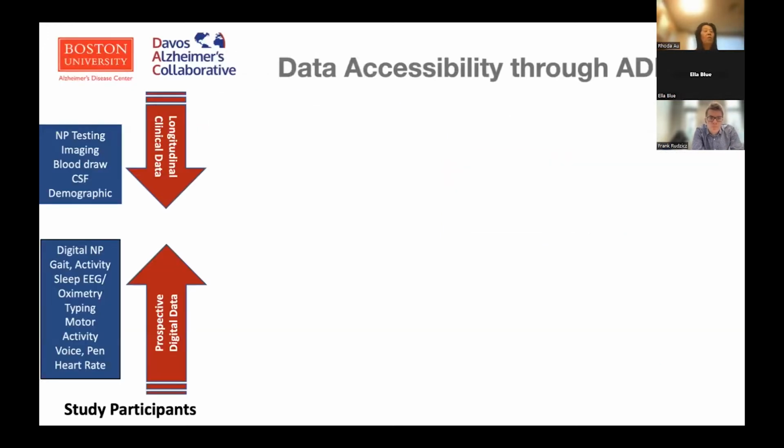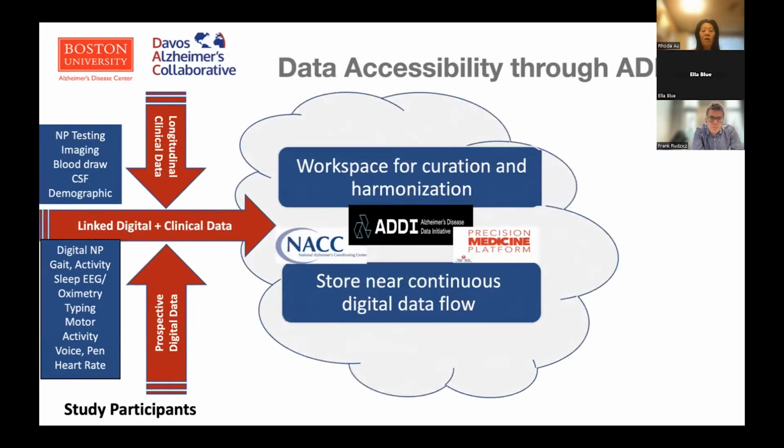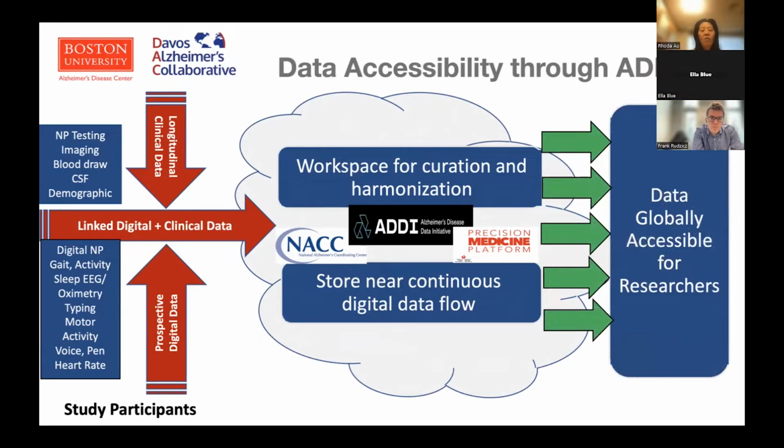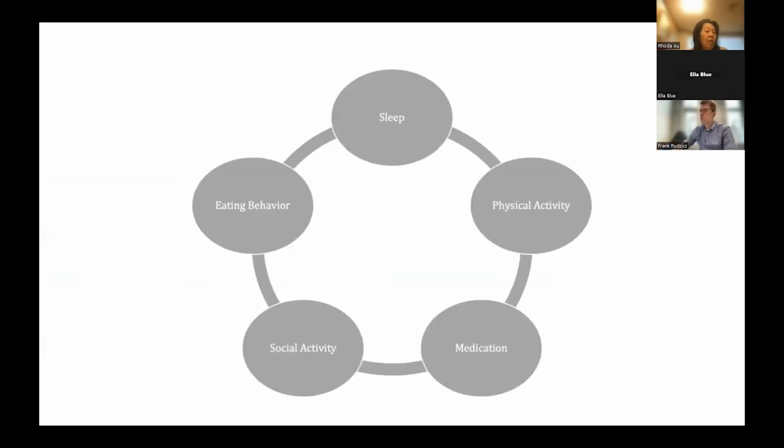So what are we going to do once we collect all this data? Well, we need to combine it with all the other data that we're collecting. We need to find different ways in which to share it and make it broadly accessible to the research community. And if we can do that on a global scale, then I think we'll be able to accelerate this reality of getting to a digital biomarker in the near future. So where can this all lead? One of the things I think is very important is as we think about how to accurately assess cognition, everything we do through our brain.